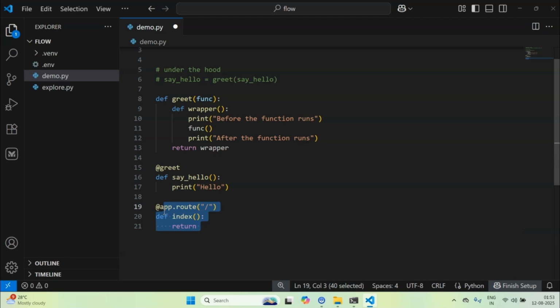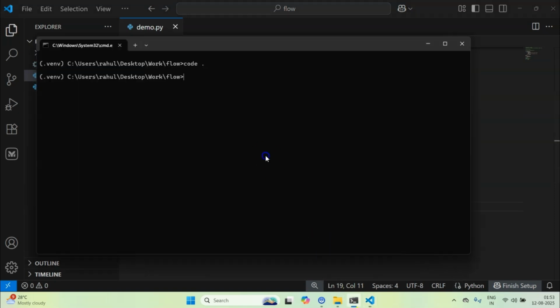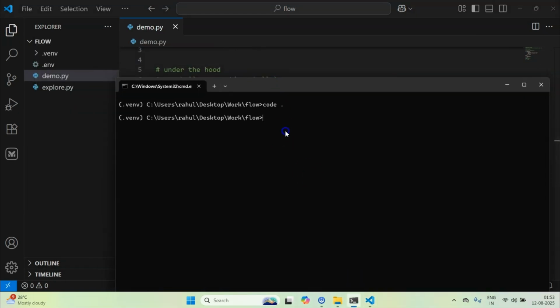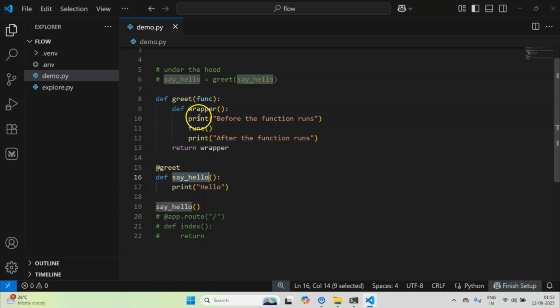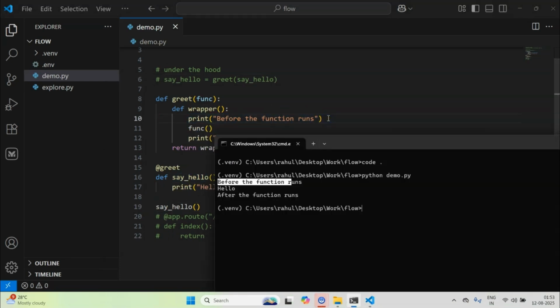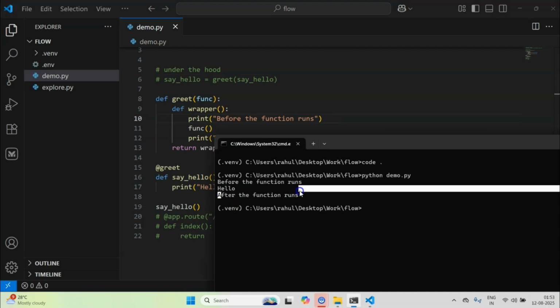And here is where decorators get fun. They can do literally anything to your function. They can run code before the function gets started. So let me show you by simply running this sayHello function. So now if I do something like python demo.py, you see a code is running before this function gets executed, and then hello is printed, and then code runs after the function.